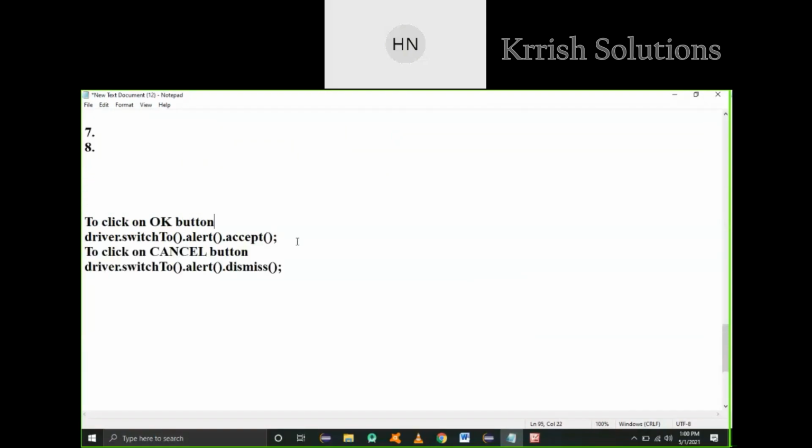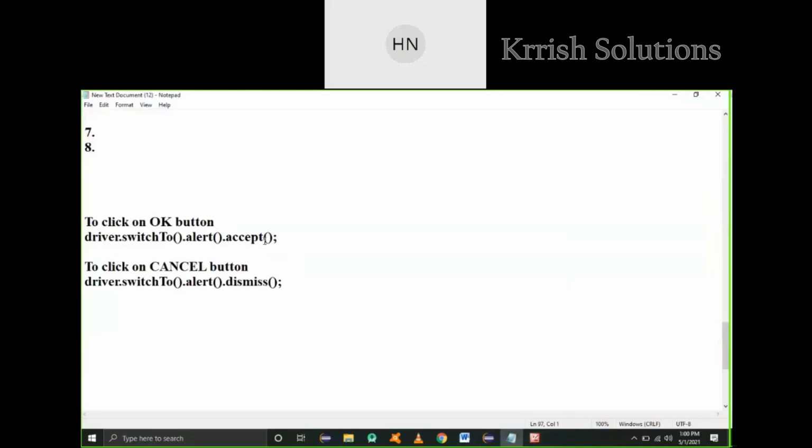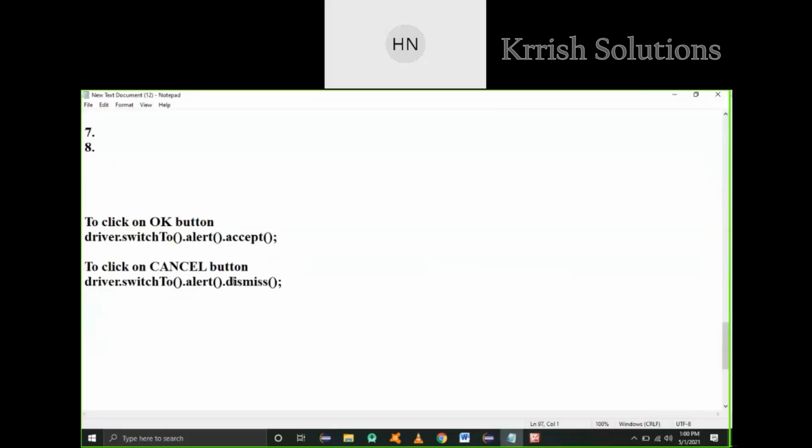Only two options it will display. A simple alert has only one message and one button. If you want to click on this button, you can go for the alert dot accept. If you want to click on the cancel button, you can go for the dismiss method.